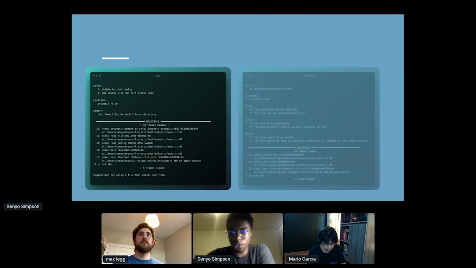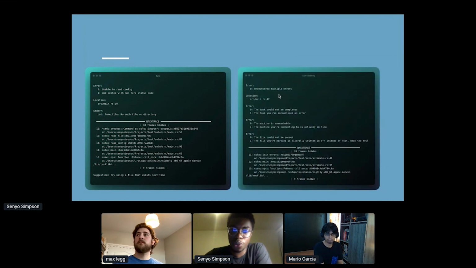And then I was just thinking about what happens if we had a chain of errors. And so she's also done some work there. What's nice here is we've got this first error, which says we've encountered multiple errors, and where it happened in the code base, which again is something I mentioned earlier that would be a nice quality of life improvement for our error reports. And then we've got the chain of errors.